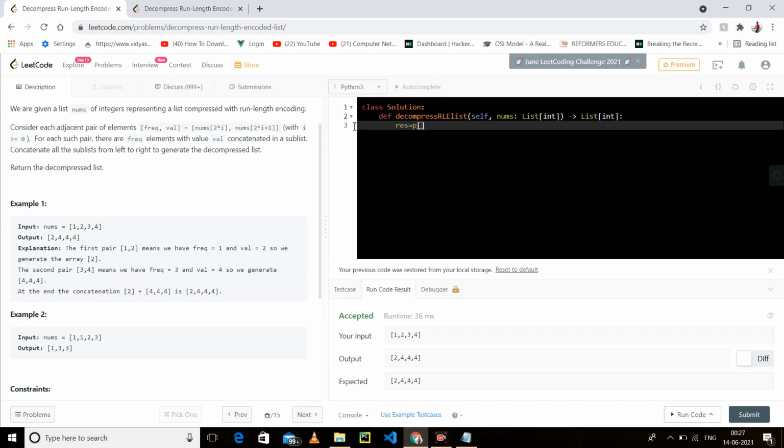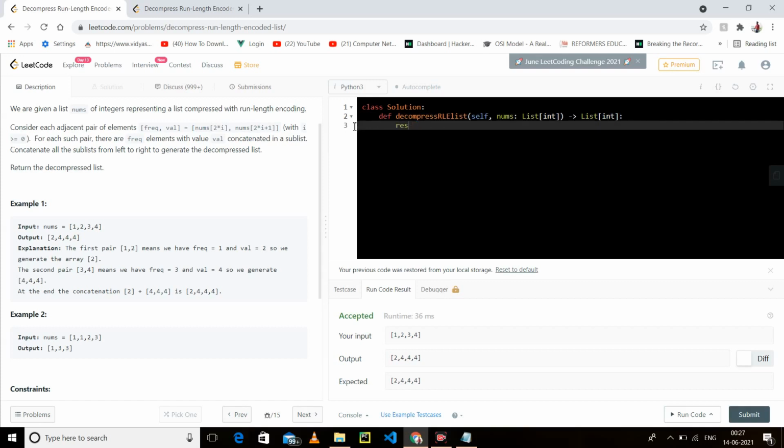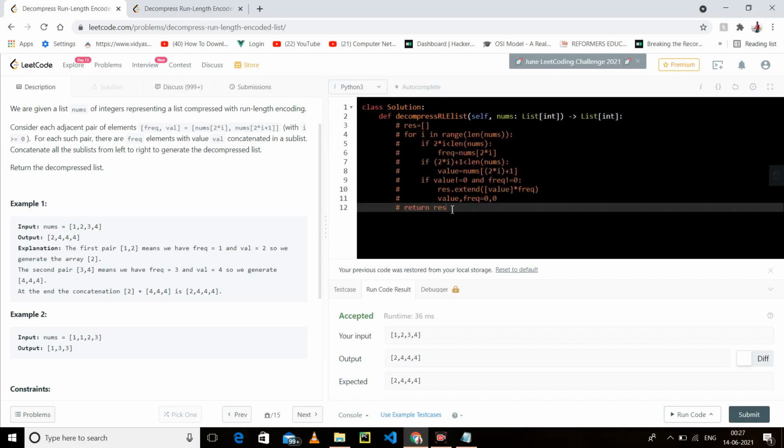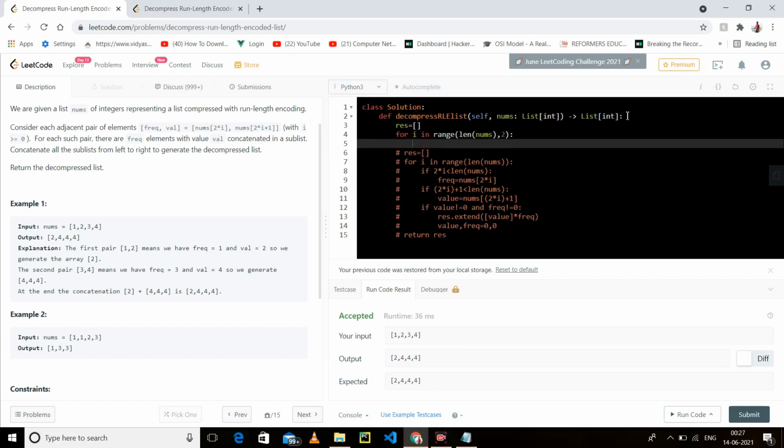Second, I have to jump it by 2. First it will traverse 0, then it will move 2 positions ahead, means from 0 it will move one position, then it will become 2. Previously it was at index 0, now it will be at index 2.